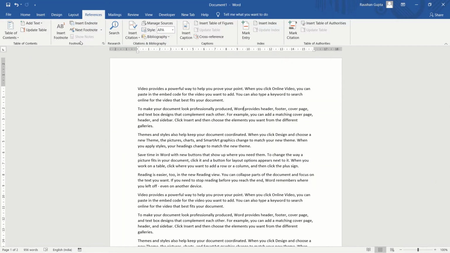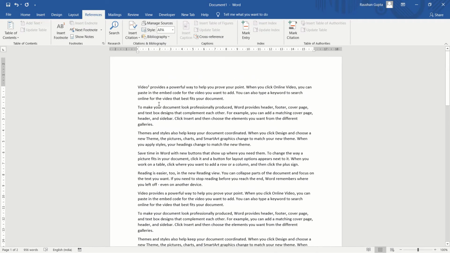In the References tab you can see that your footnote group is this. The first thing in footnote is insert footnote. So what is a footnote? Let us understand. For example, if you don't know the meaning of a word or you want to describe a word, then you can simply select that word and insert a footnote in that. For example, we have selected the word video,